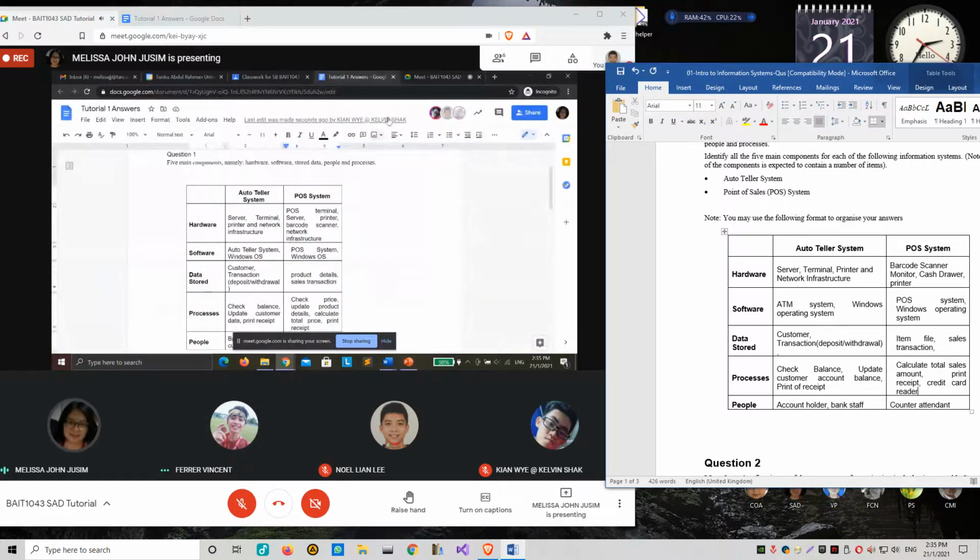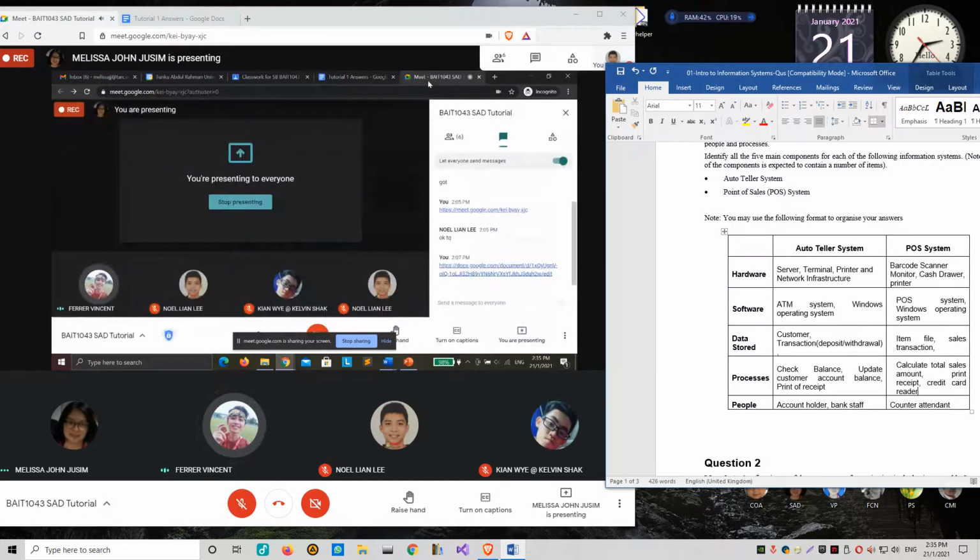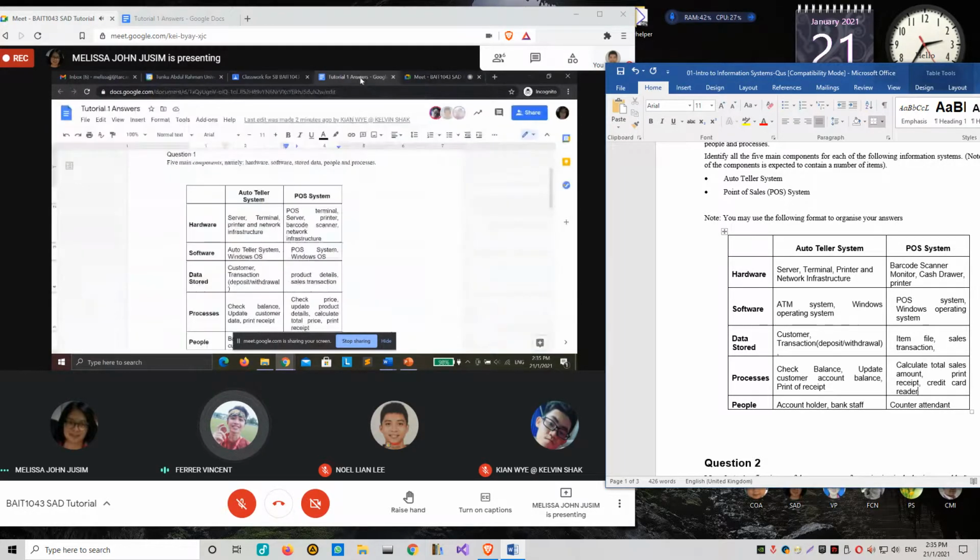Can selecting item be one of the processes? That one would be, when we start to draw the data flow diagram later, only the arrow, product selection. We're talking about the main process here.